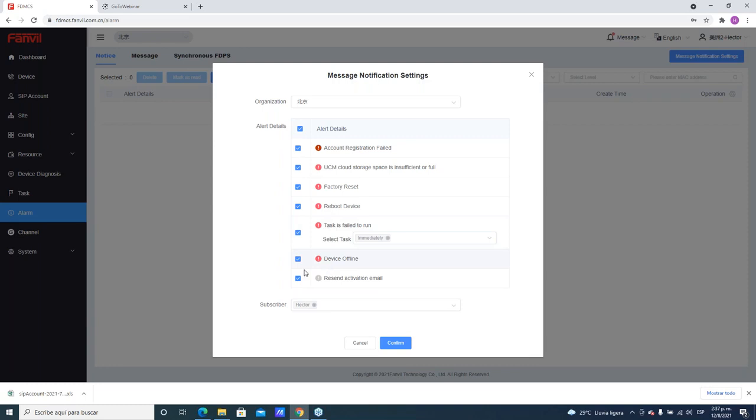When the device is offline, the subscriber sets the mailbox to receive the alarm message. You can set up more than one mailbox. Okay, we go back to the main menu of the task session. Here we will find